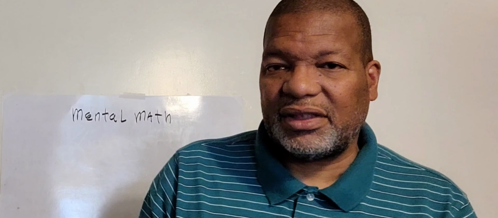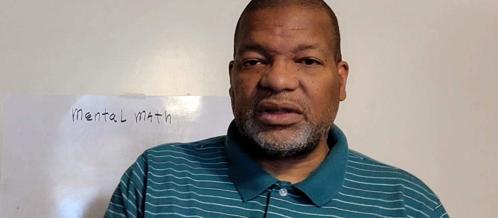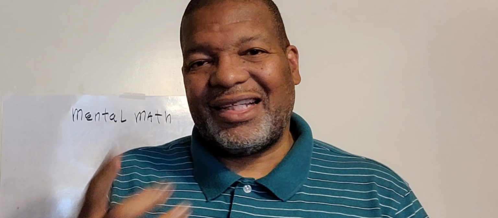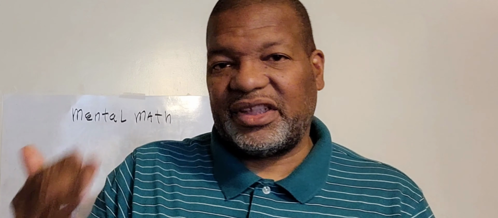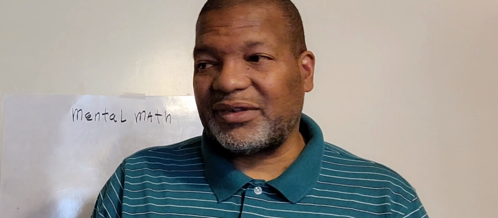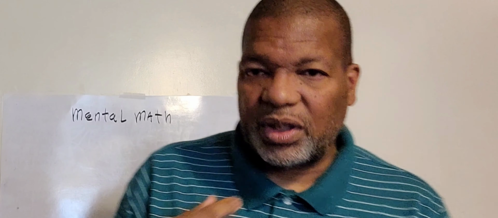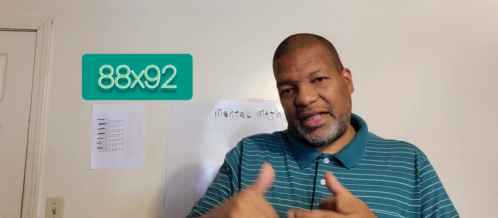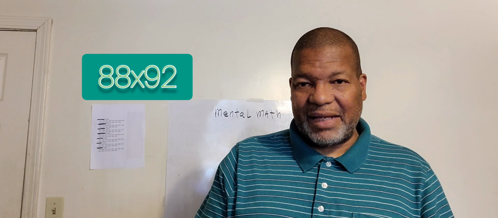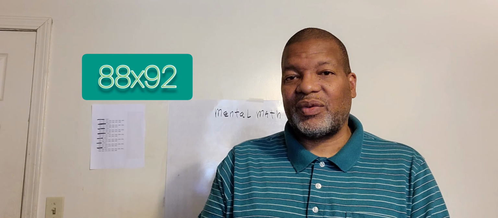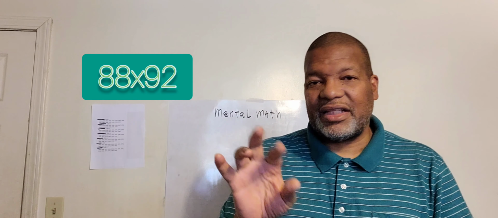And while it's nice to be able to do that, for most of us, including myself, it can't be done as easily as you see on TV. Now, for example, if someone were to ask me what is 88 times 92, I could do the mental math, but the point is you have to be able to go through it in a process. Okay. For example, if I was doing 88 times 92, I would look at the 92